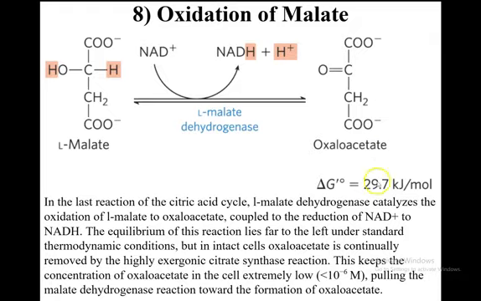As you can see, you have a positive Gibbs free energy. But in intact cells, oxaloacetate is continually removed by the highly exergonic citrate synthase reaction. This keeps the concentration of oxaloacetate in the cell extremely low, pulling the malate dehydrogenase reaction towards the formation of